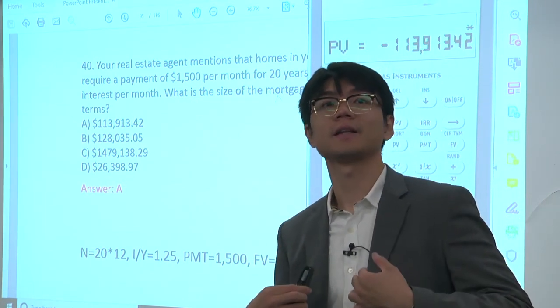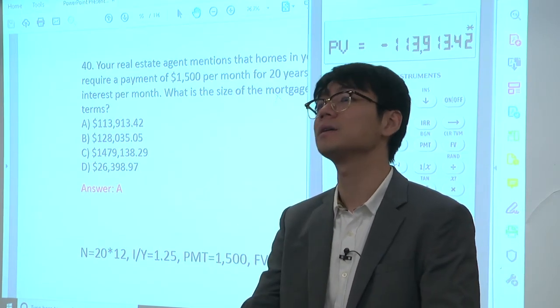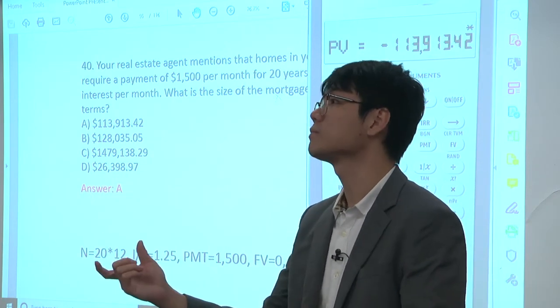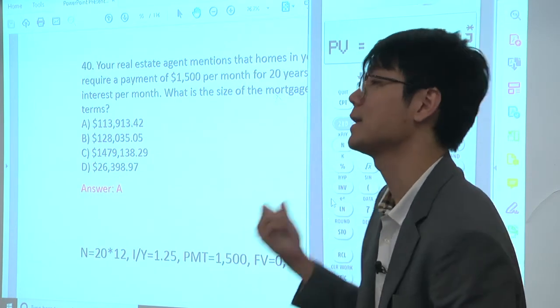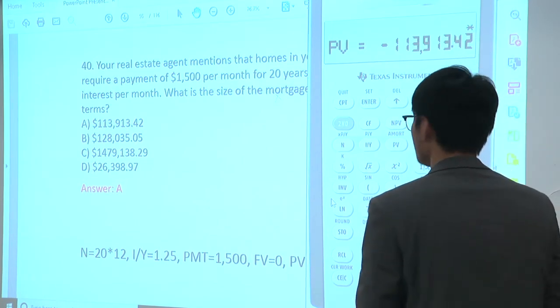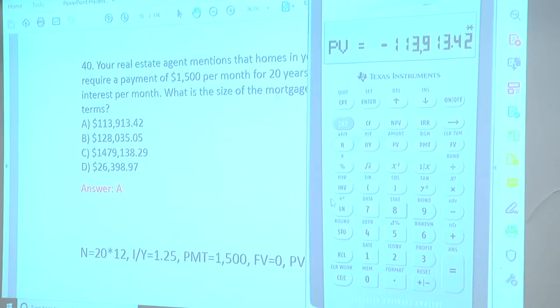Here is a different kind of schedule. It's different for us, not different for the calculator. The calculator only records how many payments, how much the payments are, and how much interest between each payment. But for us, it's different. It's not years anymore, it's months here. Any questions about this? We're good?